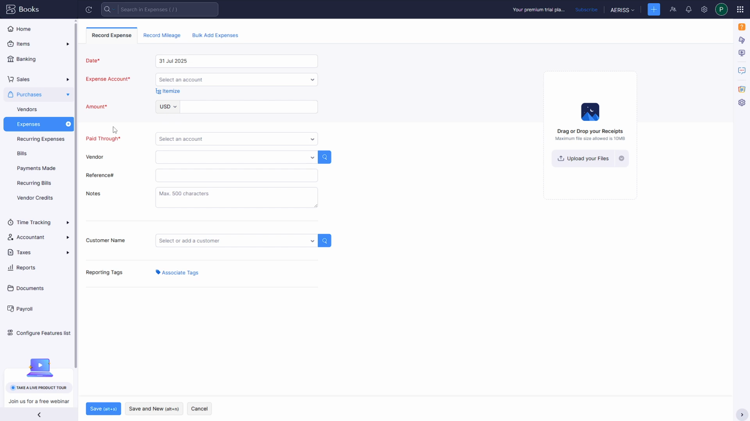The following step involves clicking on Vendor. This is where you'll input the details of who the transaction was with. Providing this information can greatly improve the comprehensiveness of your financial records. Don't forget to click on Reference Number to input any related documentation numbers or notes. Adding notes in the Notes section can be incredibly beneficial for future reference, providing context or explanations that might be